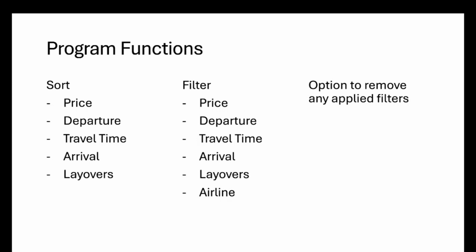So filtering by price only includes flights below an entered budget. Filtering by departure lets you choose a time and how far a flight's departure time can deviate from that time. It only includes flights that leave in that time window. Filtering by travel time lets you choose a maximum length of time you want to be traveling. Filtering by arrival works the same as departure, and filtering by layover lets you set a maximum number of stops